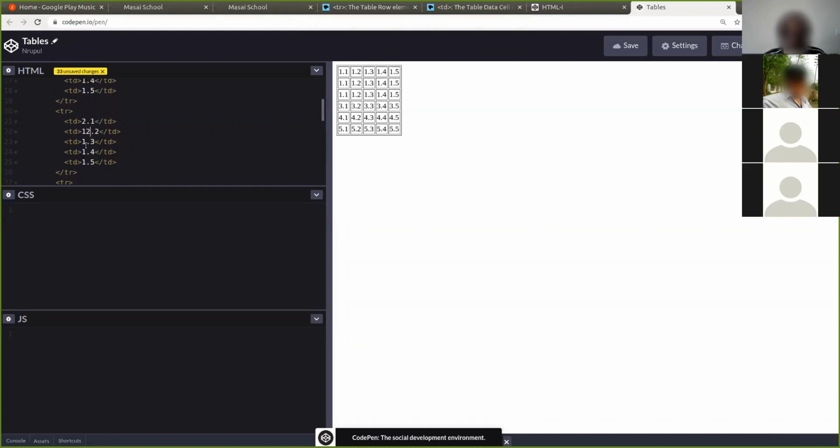Again, so for you to understand, I'm giving the numbers. Okay, created 6 rows. I'll remove the first one. So this is a 5x5 table. First row, first column, first row, second column, first row, third column. This is a third row, first row.